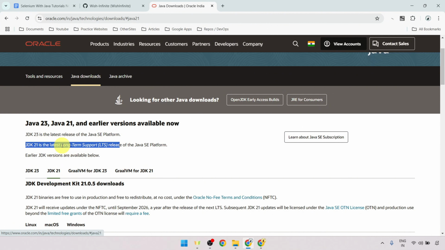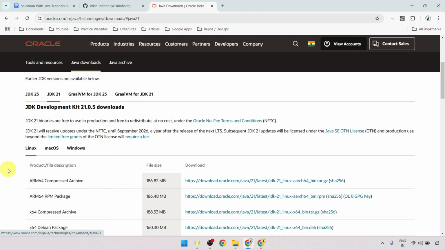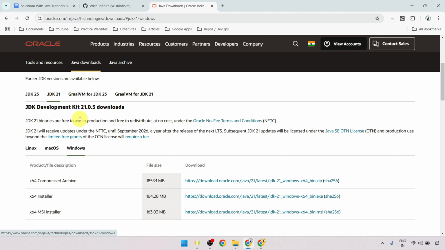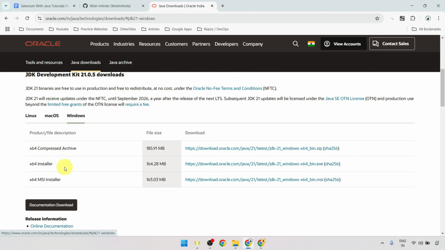So you can accordingly choose the LTS JDK version. And now here you would be able to see different operating systems. You can click onto any of the tabs as per your operating system. For me, currently I am working onto the Windows machine, so I have clicked onto the Windows. If you are using macOS or Linux, you can click onto the specific tab, and from there you can download